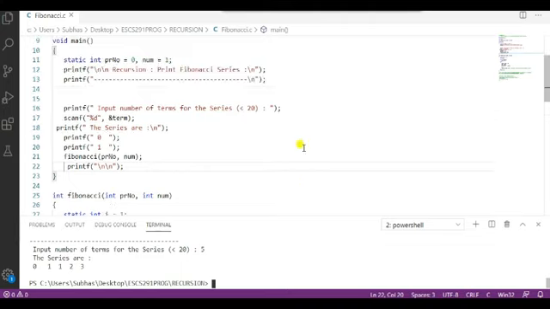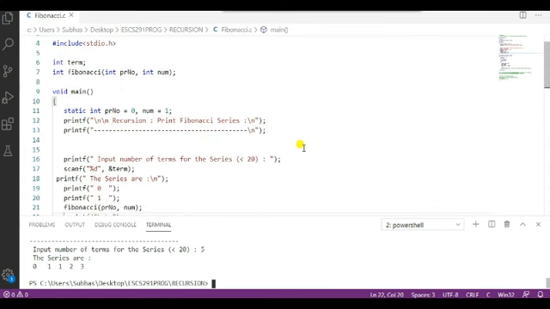This is one of the important examples, the Fibonacci series, and in the previous example I explained the factorial of a number. Those two programs are very important for recursion, and most of the time you will get them in your exam. Whenever you want to form a recursion, first remember that the function should call itself. You implement your function in such a way that it is called again and again. Then you get the advantage of recursion, because every problem is divided into similar types of tasks. I have already mentioned this in the theoretical part.